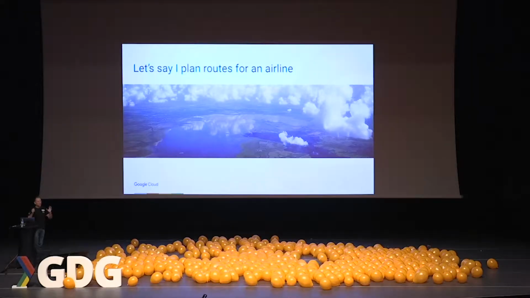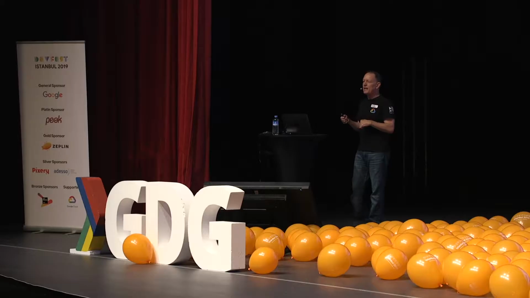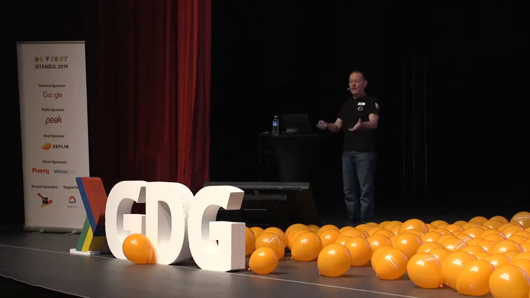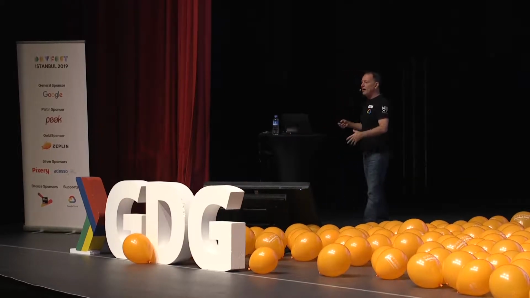So just one more visual example. Let's say I plan routes for an airline. I'm using the best weather data that's available. These are models built by NOAA, various national weather services. But I have a fleet of planes flying around, and they have cameras on board. So I could be getting very, very much better local predictions by just looking out the window. So let's say I want to build a model that I can use to inform flights following along the same routes. So there are a bunch of different types of clouds.